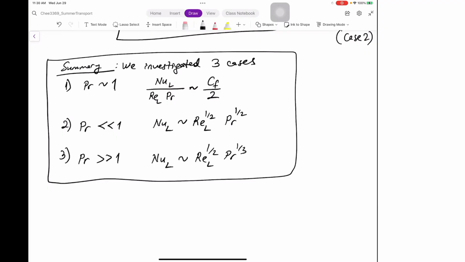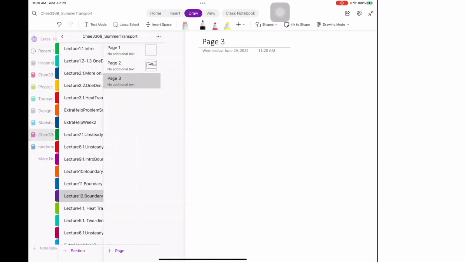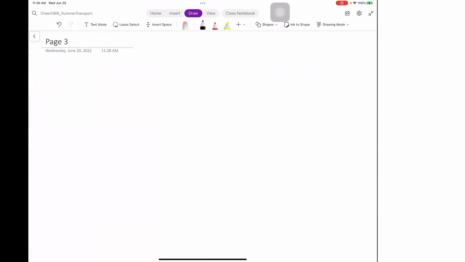So these are from the order of magnitude estimations. Now what we are going to do is try to solve the equations. Now let's use the integral method